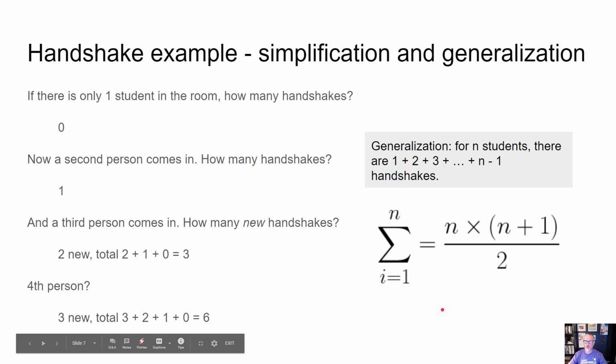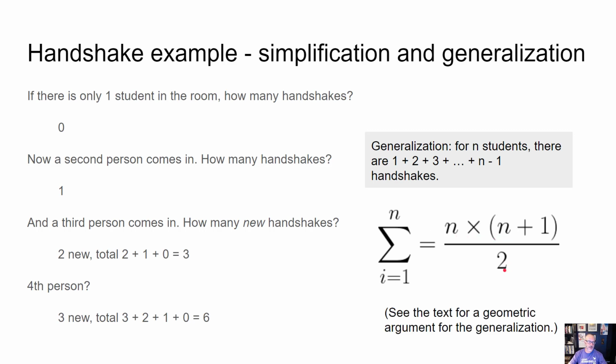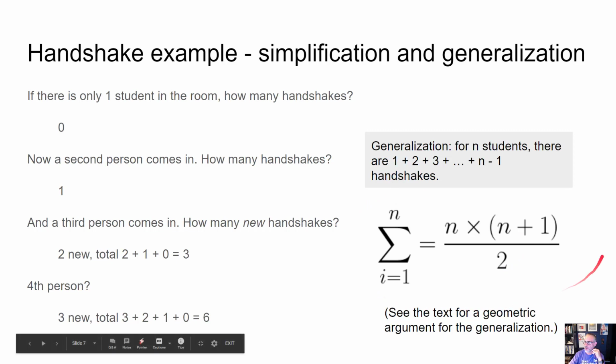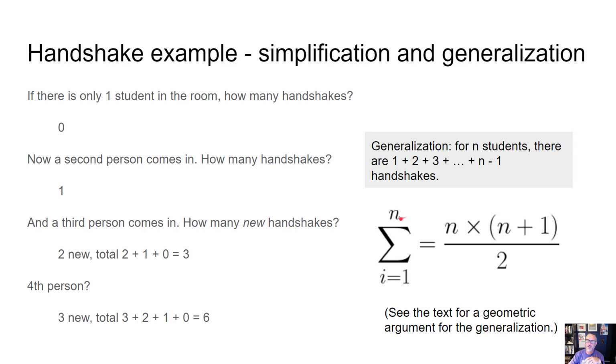We could solve this with a formula that says if I want to find the sum of the first n integers, that's equal to n times n plus 1 divided by 2. And if you take a look at the text, if you've read that, I hope, you'll find the really neat geometric argument for that. But if you don't want to do the geometric piece, you can just sort of take our word for it. So this would tell us if n is 12,